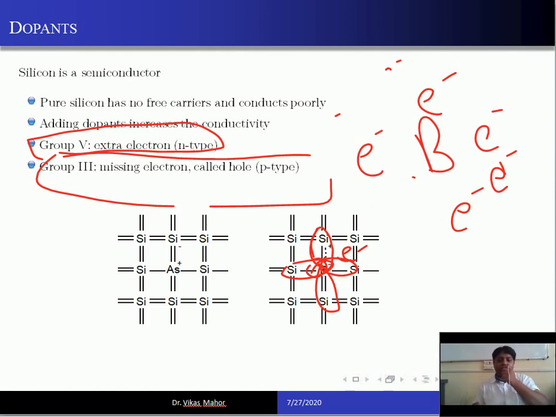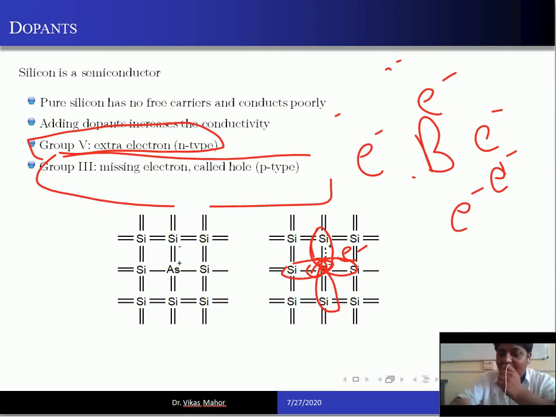One electron of pentavalent impurity. What are these? These are pentavalent impurities. What are different pentavalent impurities? Carbon, phosphorus, and here boron. So when pentavalent impurity is mixed with the silicon, a free electron will occur. Each atom of pentavalent impurity gives a free electron. That free electron can be used for the purpose of conduction.